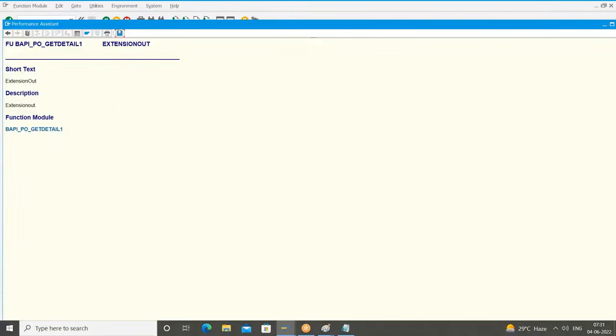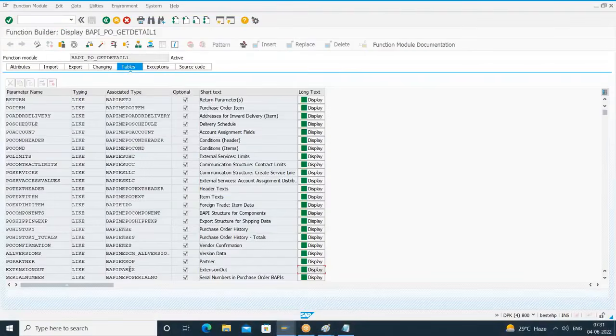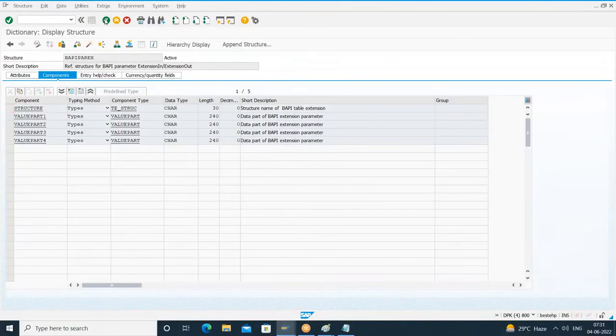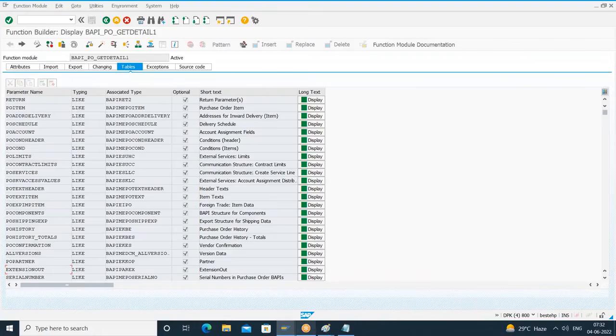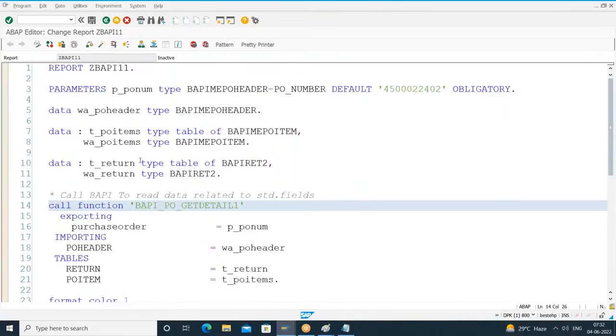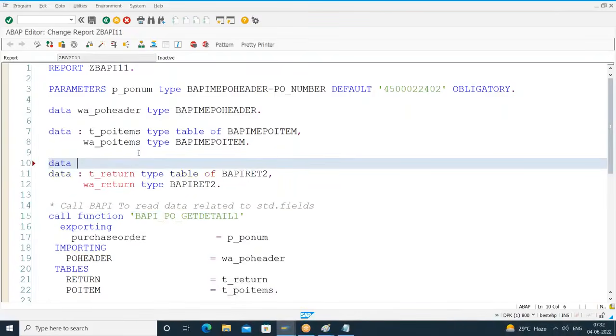Extension out, nothing they gave. Okay, done. So let me declare an internal table. The BAPIPAREX structure is what? Structure, value part 1 to value part 4. So it is under the table section. So let us declare an internal table of type BAPIPAREX. I copied the program already, so somewhere here I'll say data